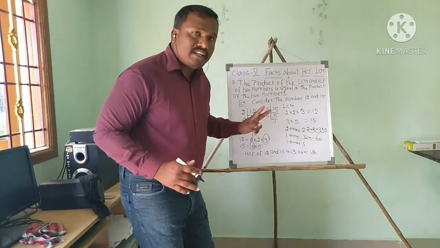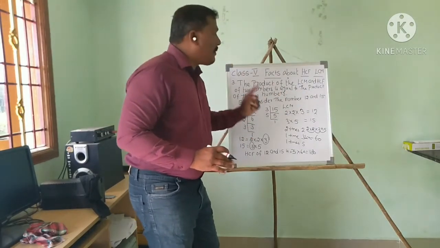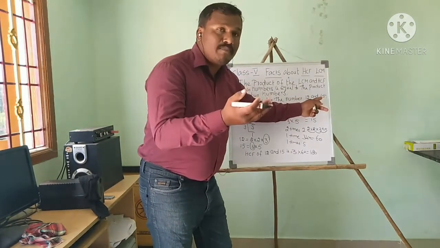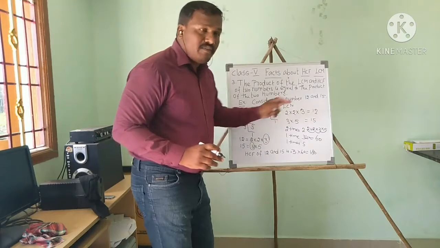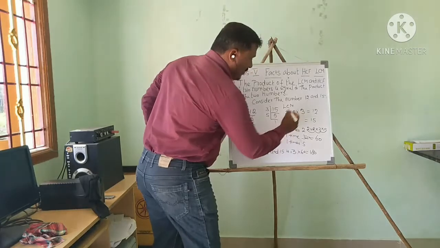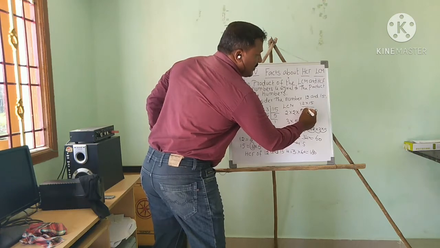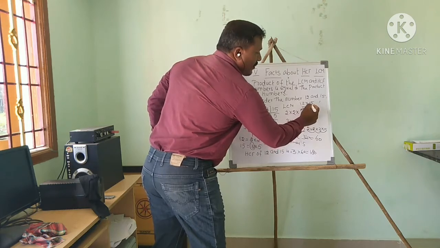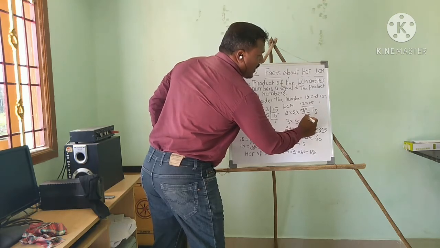So we got the product. Now we want to check whether this product is equal to the product of the two numbers. If you multiply these two numbers, we get some product. That product and this product are equal. That is a fact. Now shall we try? 12 into 15. 5 2s are 10, 0. Remainder 1. 5 1s are 5, 5 plus 1 is 6. So 60. 1 2 is 2, 1 is 1.